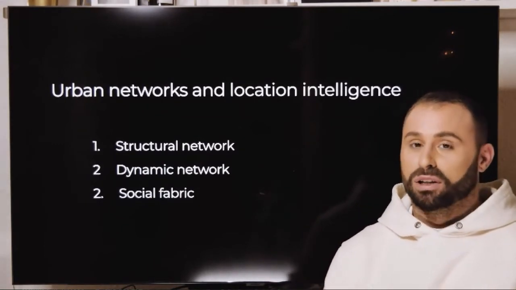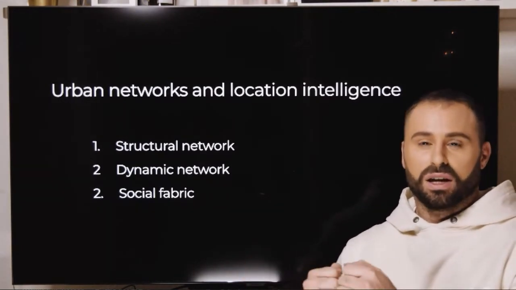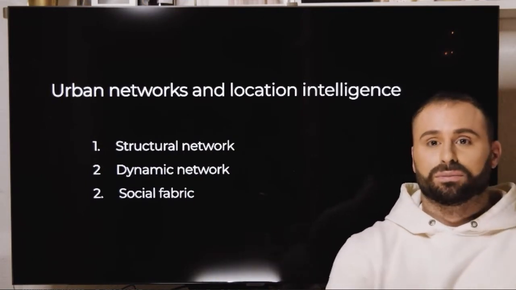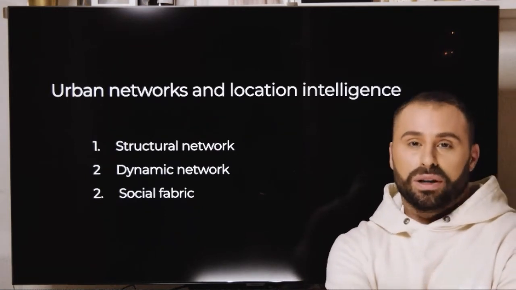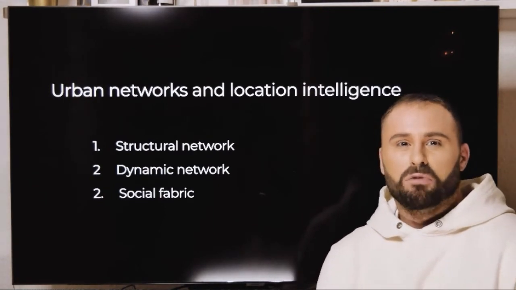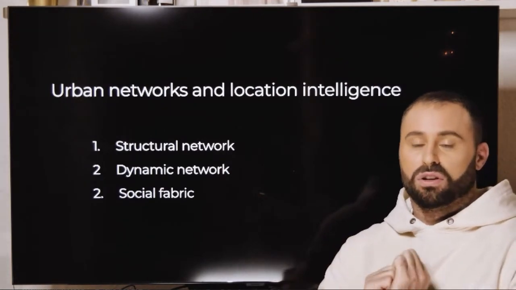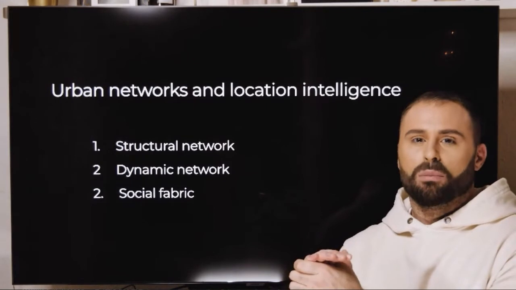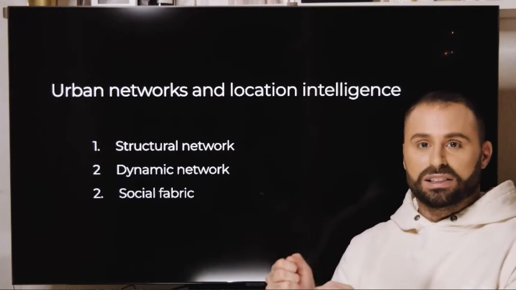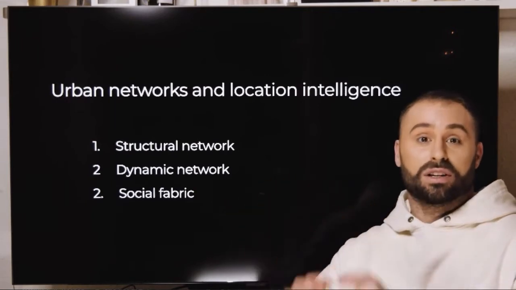This can be about the mobility, the traffic, the public transport network, or simply how we people move across the city and kind of link together the city's different parts by just producing these mobility patterns. And finally, the third and the most abstract layer of cities as networks is about the social fabric of the city, which means that we as humans live in a city, move around in a city, link to different physical parts of the city, but also at the same time we have friends, we have social networks, we have social ties that are kind of stepping out of this physical space of a map and building a hidden underlying social network structure that's